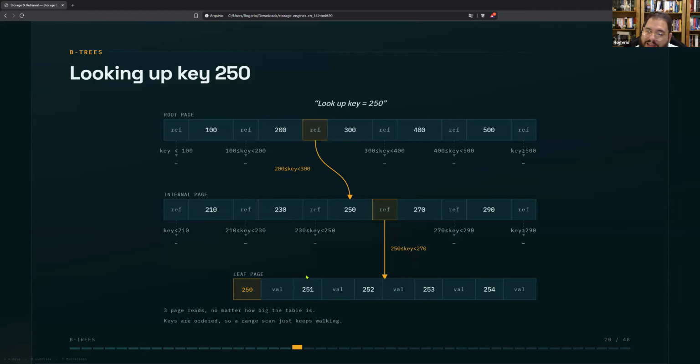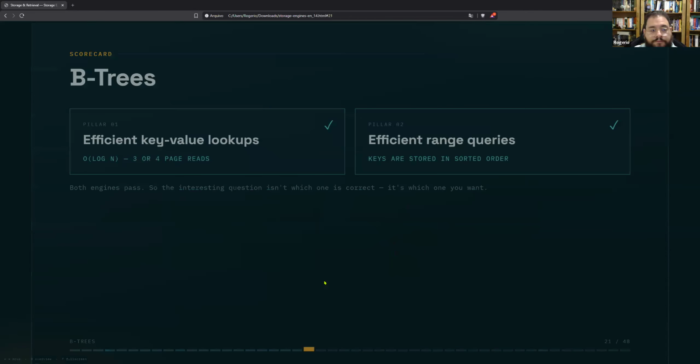And at the leaf page, that's what it's called, we have actually the keys and the values. And now we reach the key 250 and the value that we want. That's how we can reach each value for some key. That's the whole idea of B-trees.